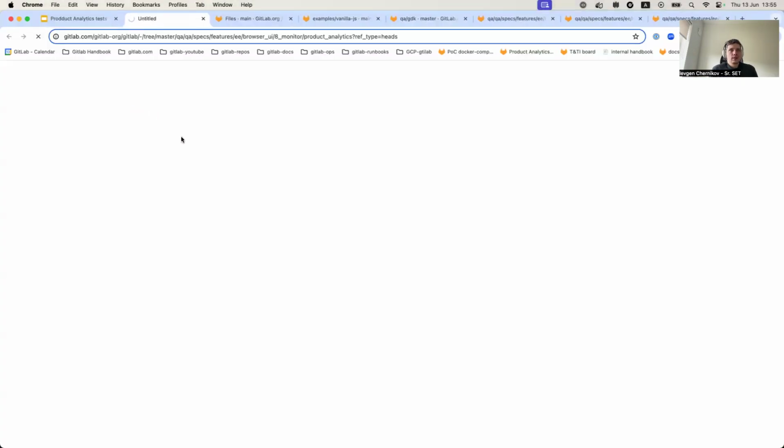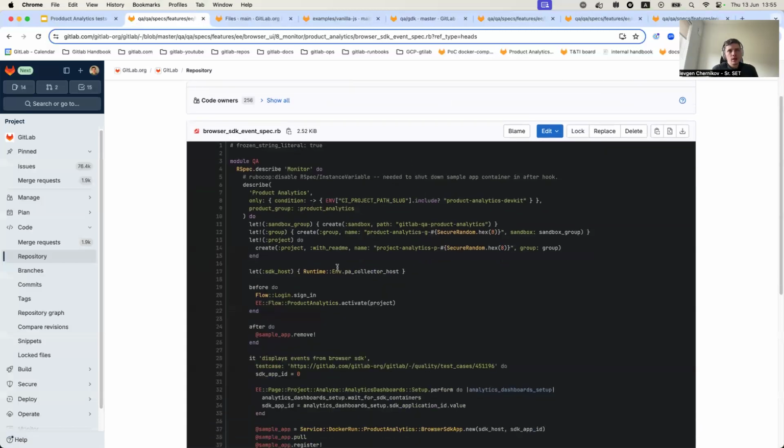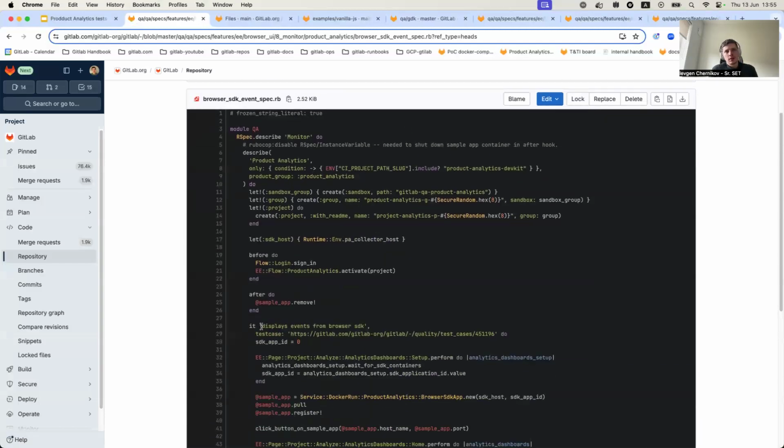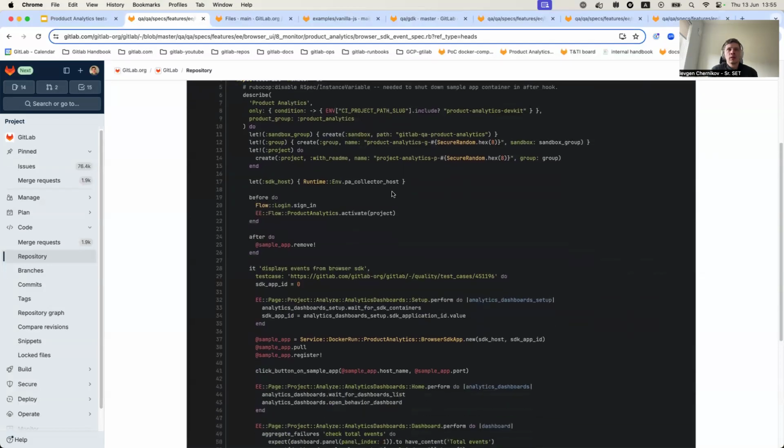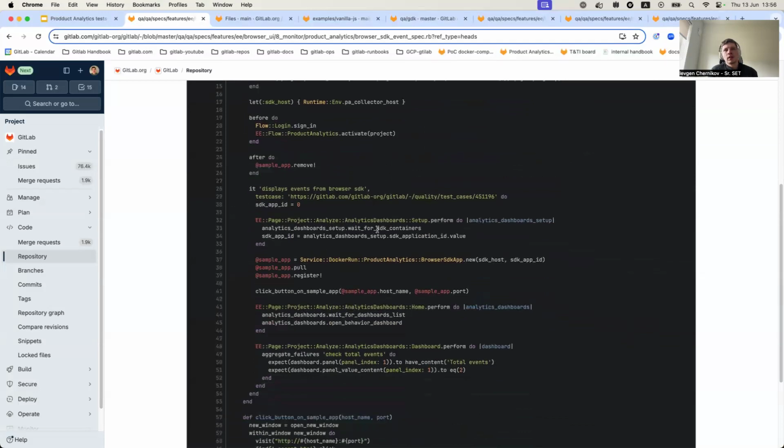Let's start with the test. We'll go to an example test, which is browser SDK event spec. So we can see that this test checks that product analytics displays events that were sent from browser SDK. The test will have a presetup to create a group and a project in that group. Then we will log in to GitLab, activate product analytics for the project that we created before. After that, we will have